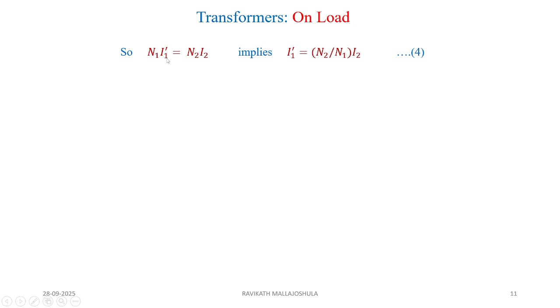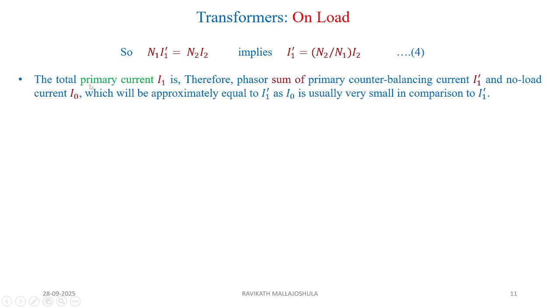So N1 I1 dash is equal to N2 I2 dash, which implies I1 dash is equal to N2 by N1 multiplied with I2. The total primary current, therefore, is a phasor sum of the primary counterbalancing current I1 dash and no load current I0, which will be approximately equal to I1 dash, as I0 is usually very small in comparison to I1 dash. Now, if that is true, I1 will be equal to I1 dash, which is equal to